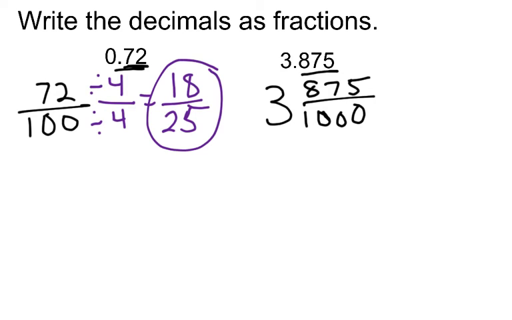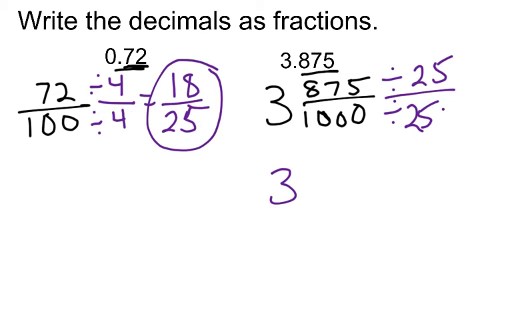Now in my next example, my whole number is going to stay the same. I have 3 and then 875 over 1,000. Well, you notice that it's obviously divisible by 5, so if you wanted to start by dividing it by 5, you could. But most likely, most of you recognize that it's divisible by 25. 875 is divisible by 25. It actually is divisible by something higher, but I want to represent what most students will do in their problems. So if we divided these both by 25,